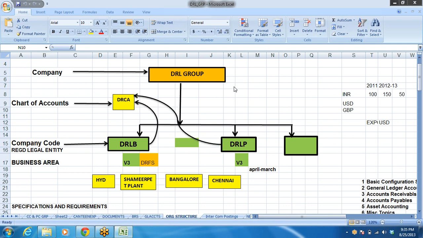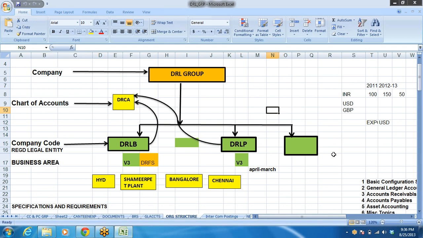Say, for example, we are a team of consultants. We are going to implement SAP for Dr. Reddy Labs group. Dr. Reddy Labs is a multinational company and their head office is in India, and in different countries they do have their business, right? So in case we are going to implement SAP to this, how do we have to do it? Before we go for SAP implementation, as per the SAP methodology I told you yesterday,